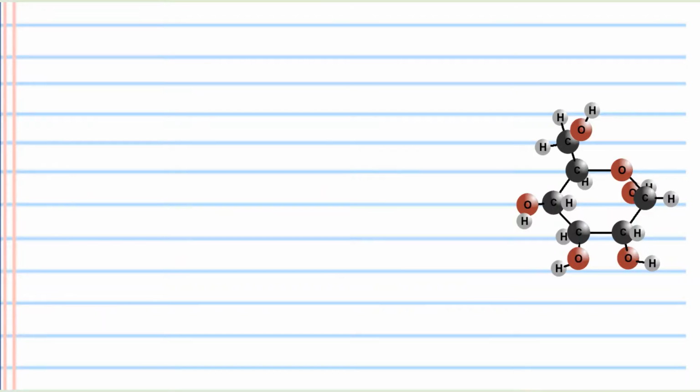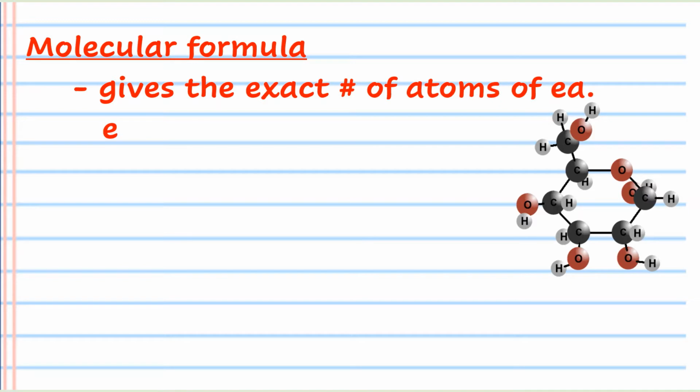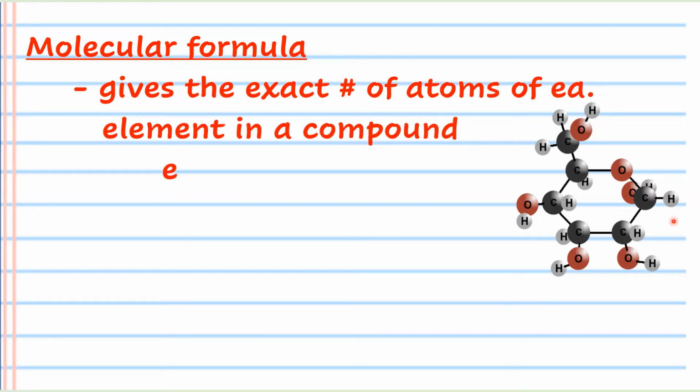So let's start by talking about a molecular formula. Molecular formulas give the exact number of atoms of each element that's in a compound. An example would be C6H12O6. And if we were to look at the picture of that molecule, we can count the carbon and see